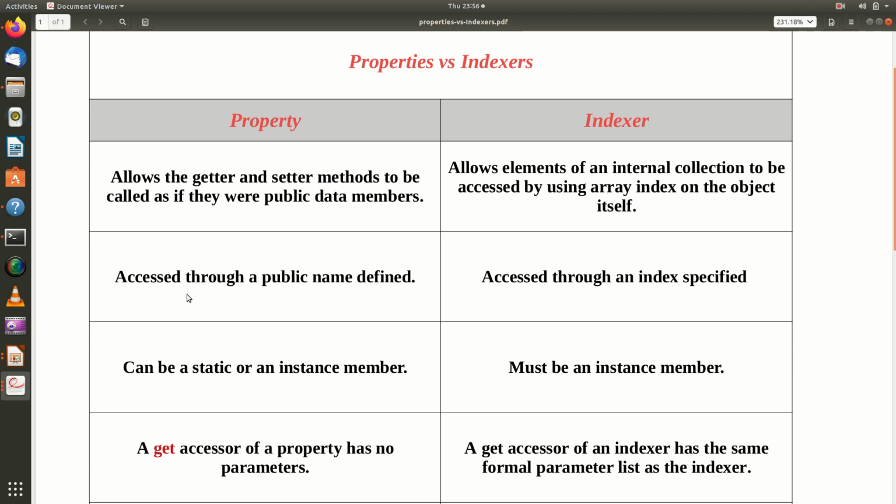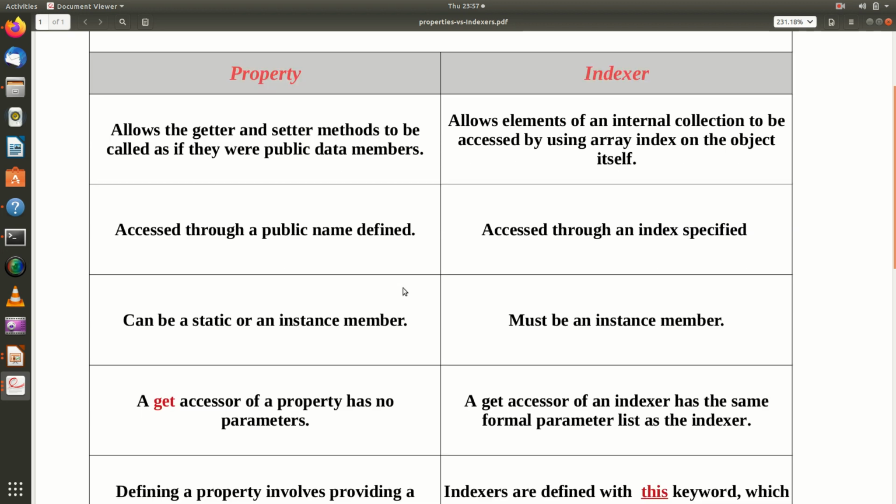Your property is accessed through a public name that is defined in your class, and your indexer are accessed through an index that is specified in the class, that is defined in the class.